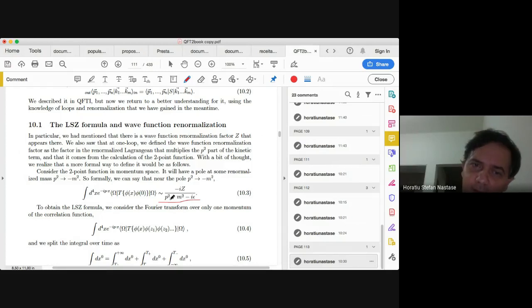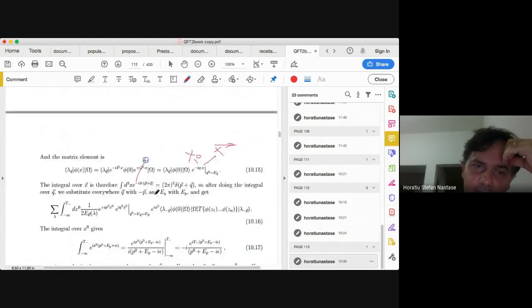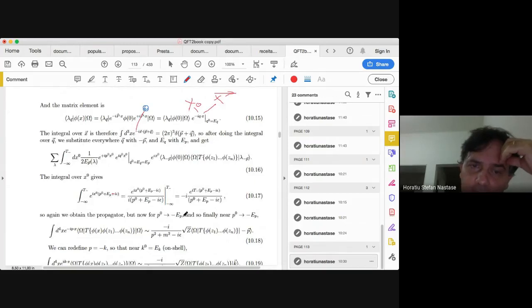So that relation implies a choice of plus or minus. So p0 equals plus or minus EP, right? So this is not enough to define the definition. So what we really have in region 3 is the choice p0 going to minus EP, right? So p0 equals minus EP, in which case, again, I have 1 over 2 EP